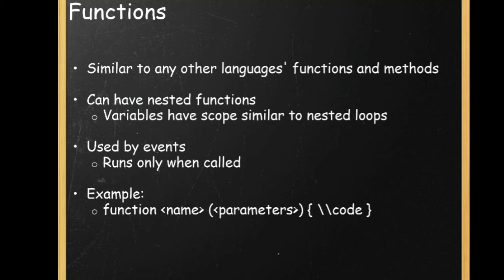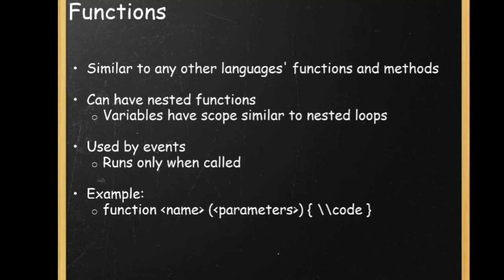We can have as many functions inside one program, which are called nested functions, which means a function within another function. Variables have scope. By scope we mean local or global. By local we mean if the variable is local, it will be used within the function itself. But if I use it as global, its scope will be outside the function as well.